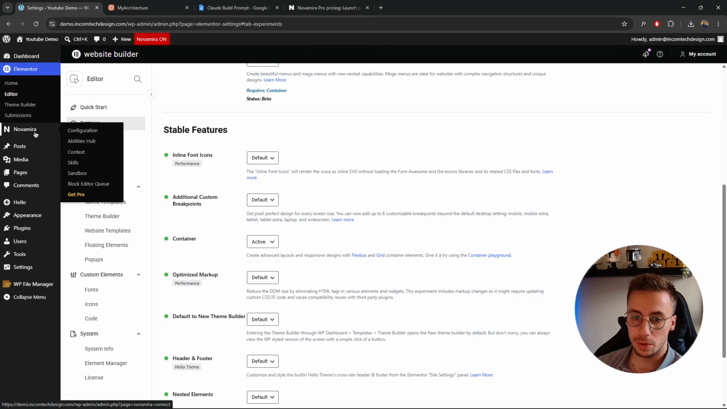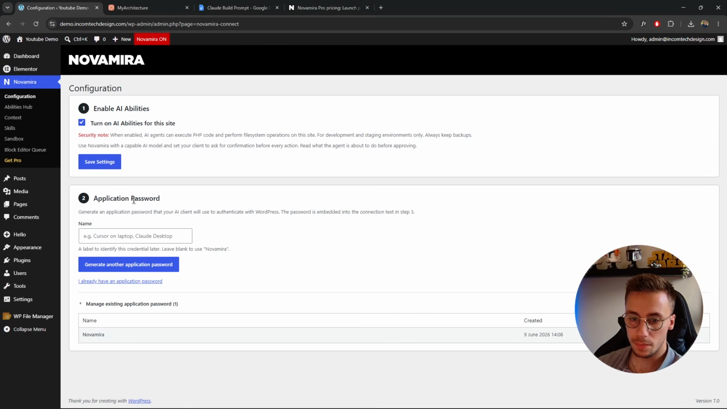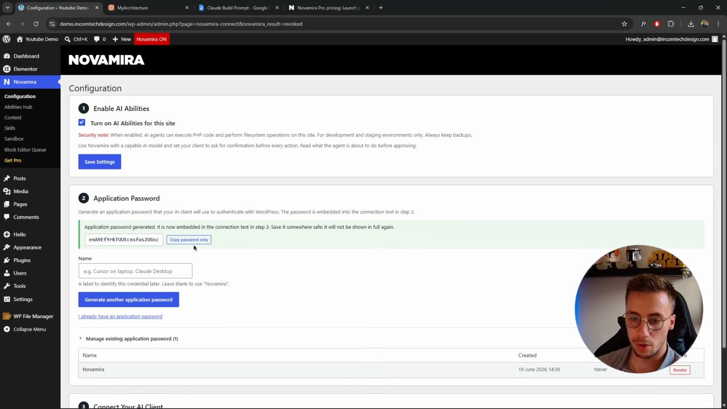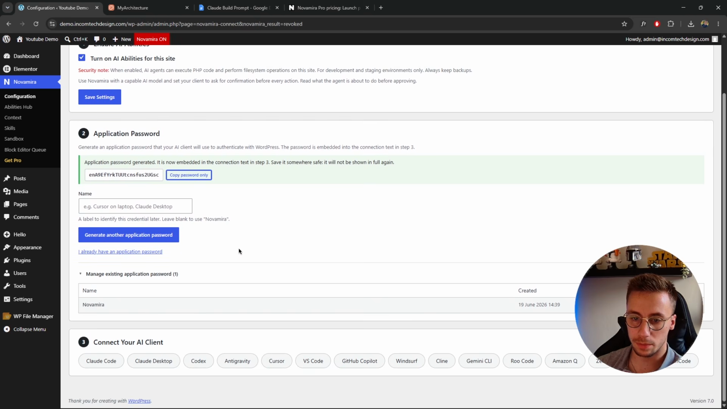Next up, we need to go to Novamira and you can click on configuration. And what you need to do is first enable this. So let's say save settings, that's turned on. I'm going to revoke this. And what it says is application password. You generate an application password that your AI client will use to authenticate with WordPress. So that's what we're going to do. Generate application password. Now it copied the password. And if we scroll down,